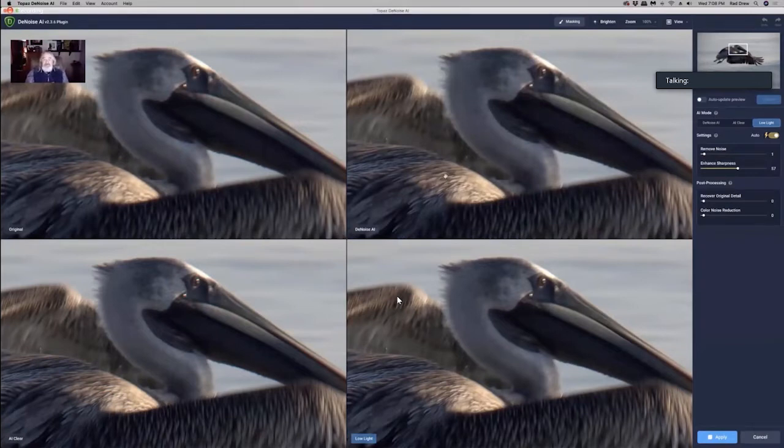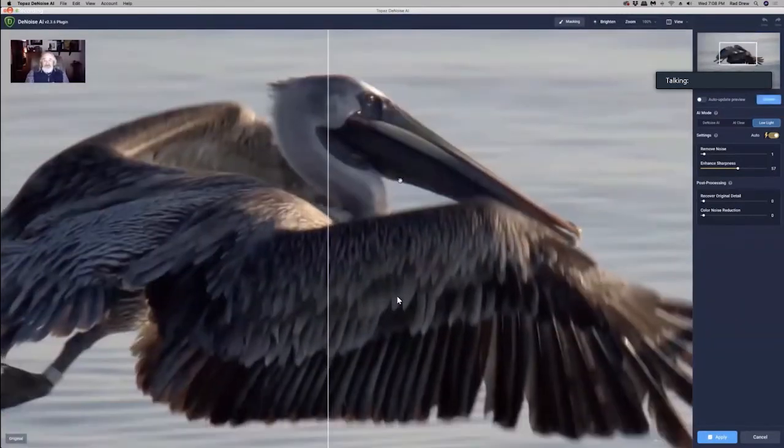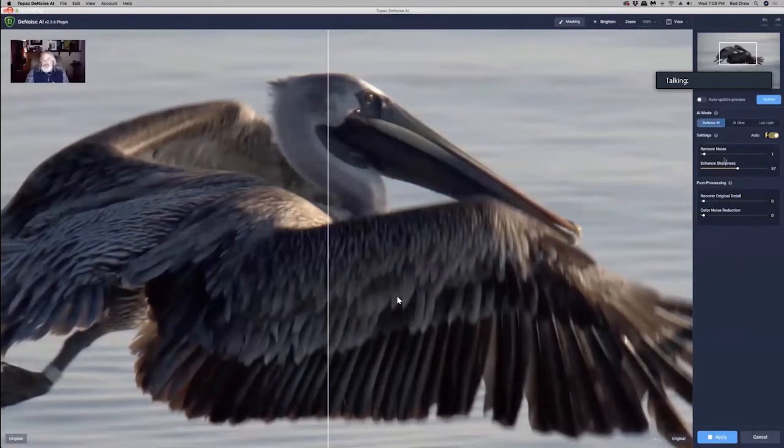The one that I find to be the most powerful and consistently the best is Denoise AI. I'm going to switch back to the split view, and I'm going to choose Denoise AI. And I've chosen auto here, but I can tell there's noise in there, and I can see that it's not taking much out. I'm going to override that and choose a little bit more noise reduction. And I'm going to go ahead and click the update button. Again, auto preview, I leave off because, just like in Gigapixel, if you have that update preview on, every time you make a change here, it's going to run the program, and it just is annoying. Okay, so update,